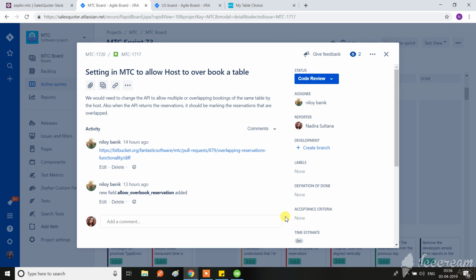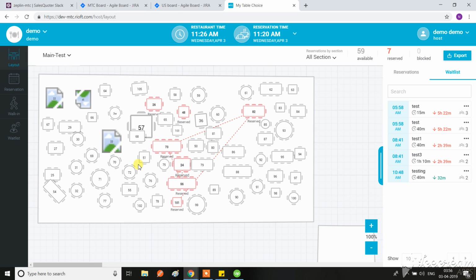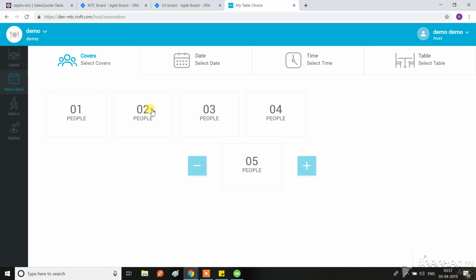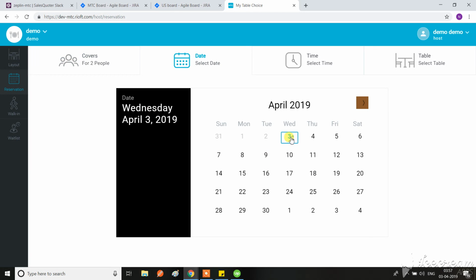So here I'm sharing my understanding with you. So far, if you go with this description, then you will find that we need to allow the reserved table or the blocked table reservation option. So it means that the host can reserve any tables they want, and they will no longer be reserved and non-clickable. So if I show you the flow,